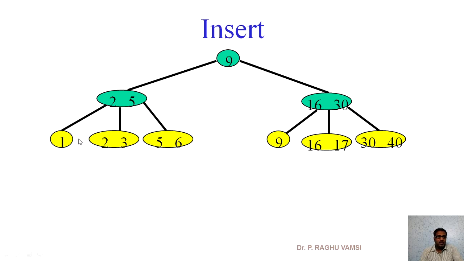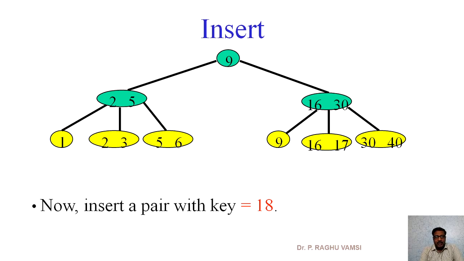And one thing you remember, all the data items at the leaf are linked to each other. I am not showing the linking here. Assume that there exists a double linked list between the data items, which you can show via a simple dashed line when you are drawing in an examination or somewhere.